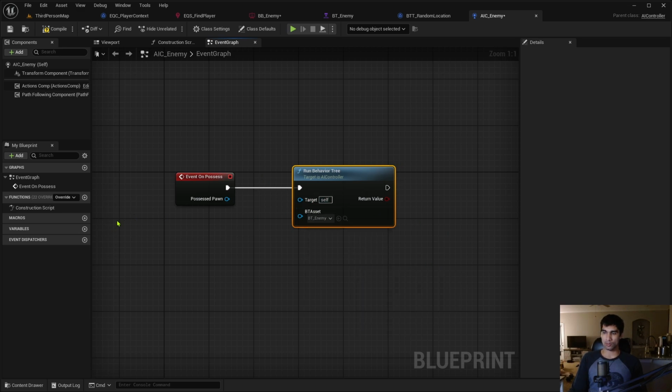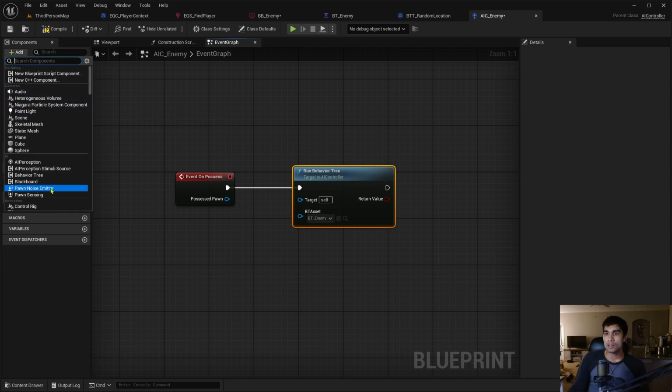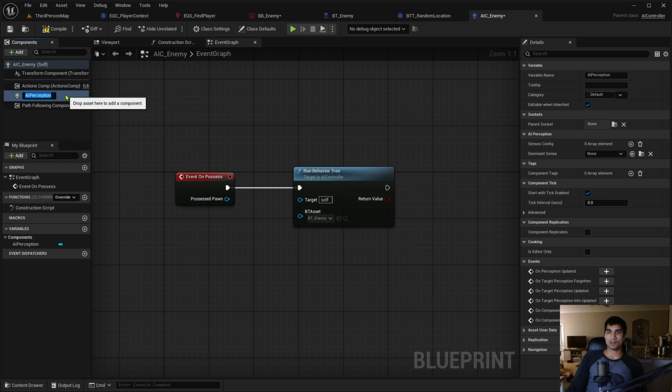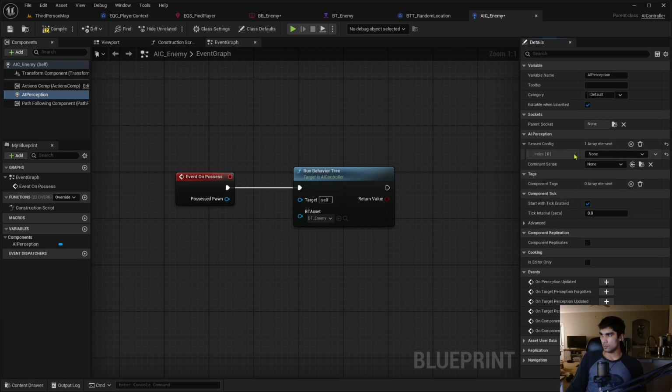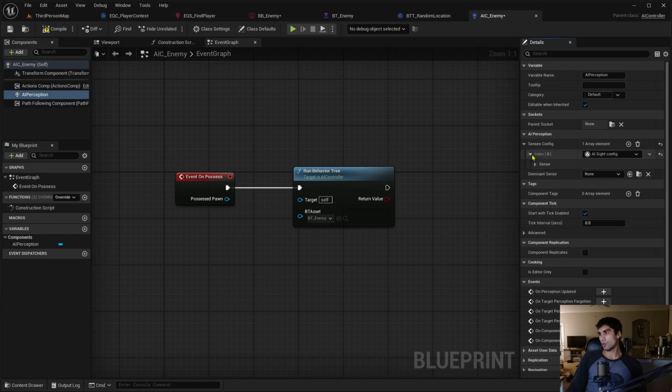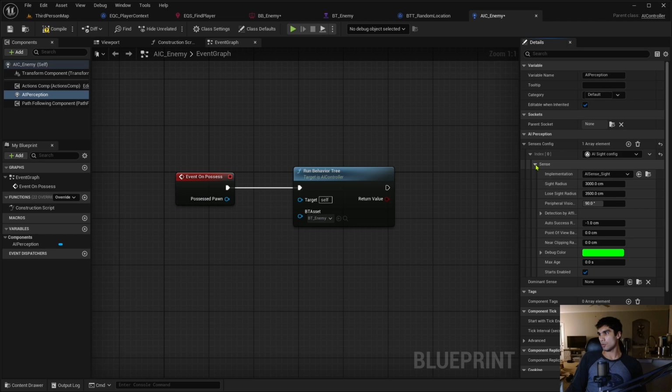So when the enemy gets possessed, it's going to run this behavior tree. Although I do have to set up the sight configuration. I totally forgot about that. So let me get AI perception here. And under this AI perception that we have, we need to set up the sight configuration. So if I click this plus icon here, it's going to add an index here, and I need the AI sight configuration here. I'm going to drop down this menu, then drop down the sense,